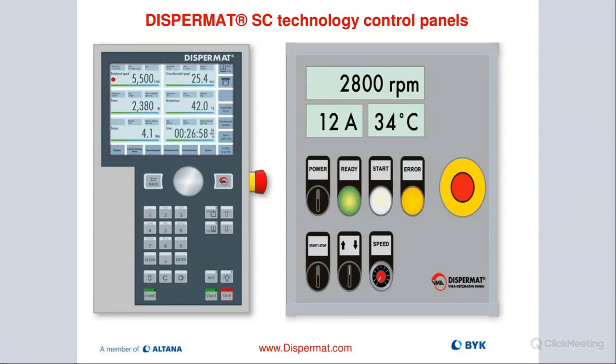That's a calculated value. If somebody needs an exact torque value, we have a torque measurement sensor that we offer as a separate package called the TMS system, which has a resolution of 0.1 Newton meters,